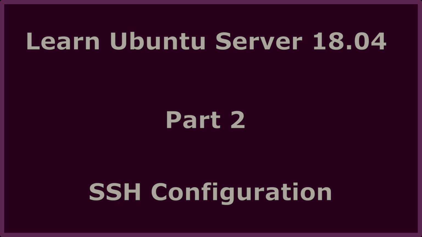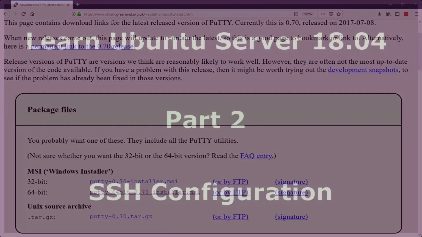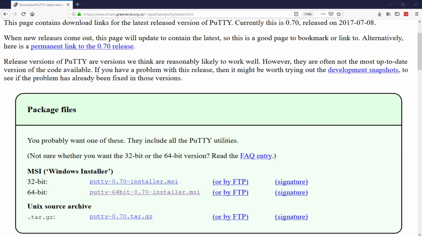So let's get started by downloading Putty. I know I used Putty in the first video. However, I did not explain anything about it. I just said login, and that's how we configured UFW and SSH. But we're going to go ahead and download Putty, and we're going to walk through it so you have all